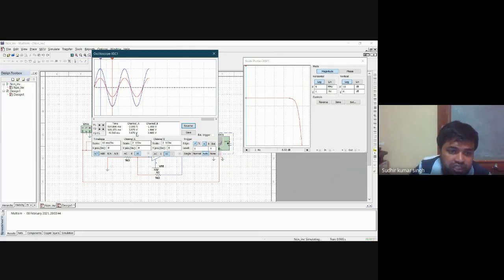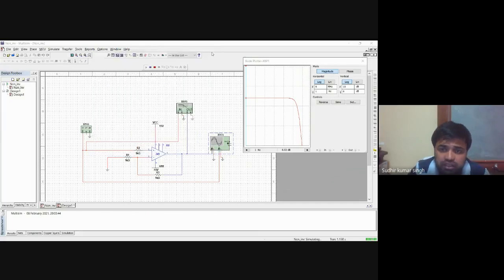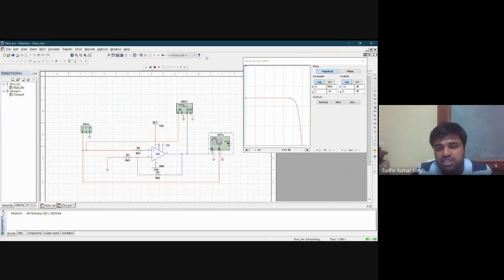Now if you see the gain, channel 1 minus channel 2, you make it to 0 volt. So you can see gain is approximately 2 times,